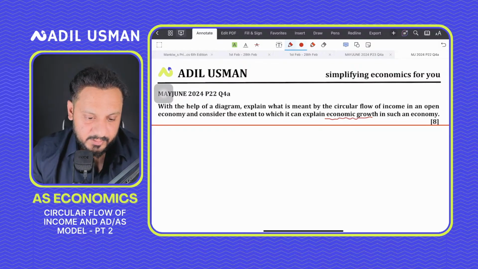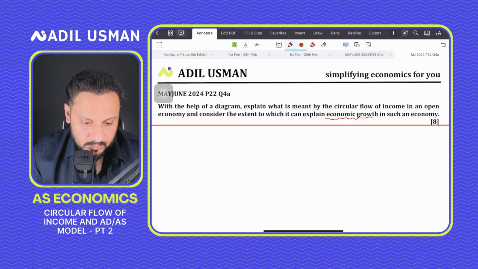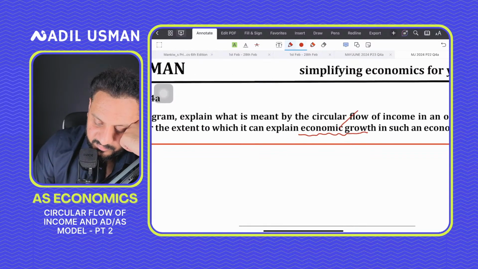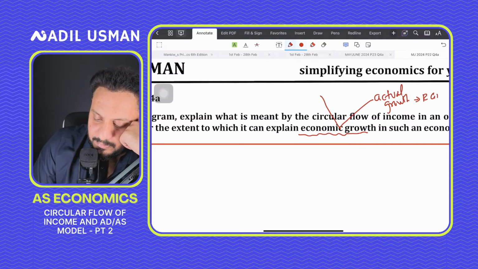To what extent does the circular flow of income explain economic growth? क्या होना चाहिए इसके अंदर? So basically you have to understand that economic growth is of two types, right? One is actual growth. Actual growth में your actual real GDP is going up, आपका real GDP ऊपर जा रहा होता है, and